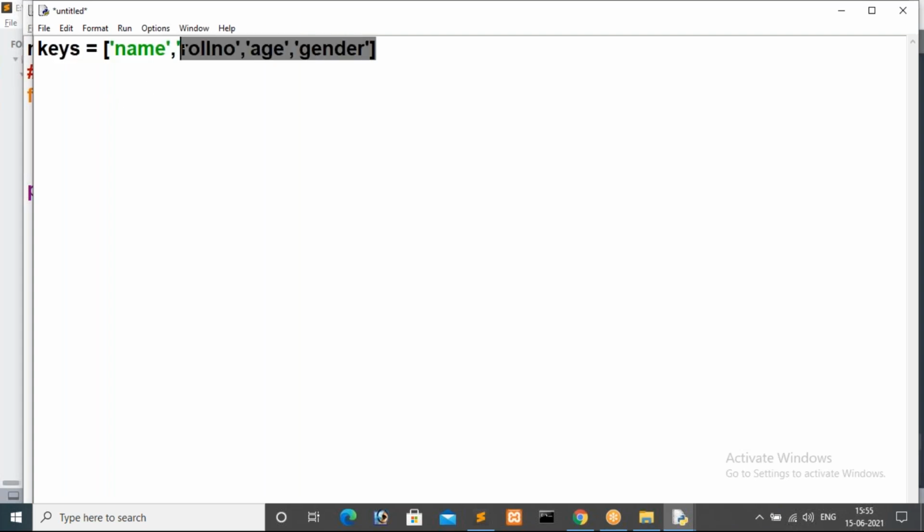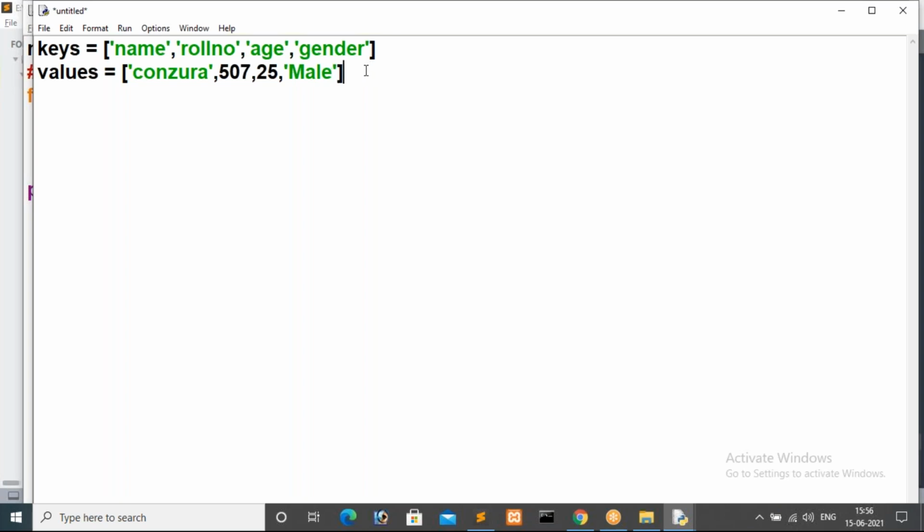Now inside the list I have four values, guys. Just observe, keys is a list. In that list I have four different keys: name, roll number, age, gender. For those keys I want to create one more list. Values is equal to, so inside name I want to store one thing, that is Kanzura. Then the second one is the roll number, that is 507. Third one is the age, that is 25, an integer. Then gender is male.